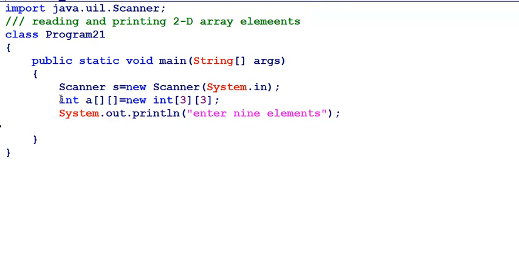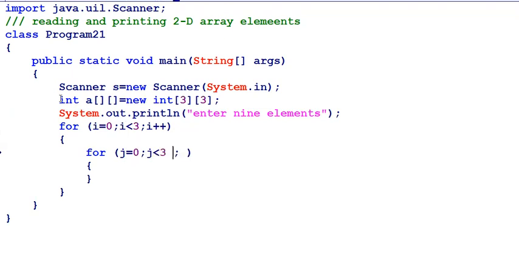By using the for loop, for i is equal to 0, i is less than 3, that is the row size, i plus plus. And here for the inner loop, j is equal to 0, j is less than 3, j plus plus.